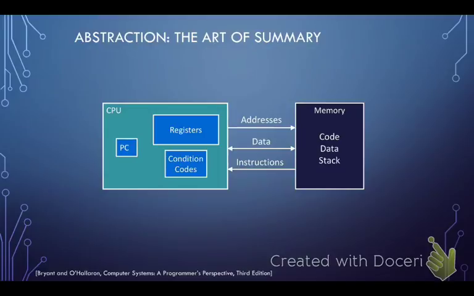When we look at a computer from a systems perspective, I should say a computing system from a programmer's perspective, this is closer to what we will generally reason about. We'll talk about registers as a set of things that have very predictable behavior. We won't talk about the gates that they're built out of or the technology underlying them. We'll talk about a CPU in terms of the registers, the condition codes, and the program counter, the instructions that it's executing, the data that it is reading or writing from and to memory.